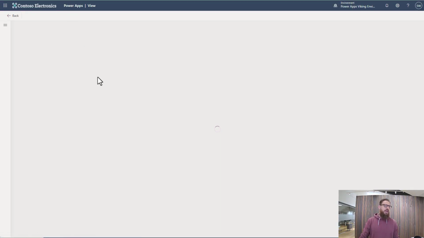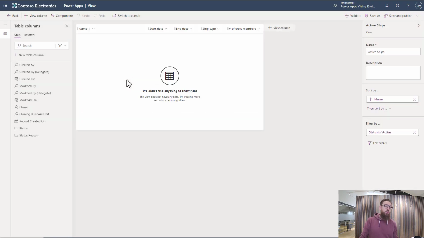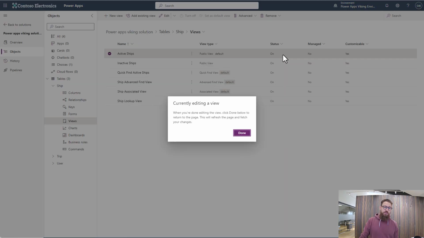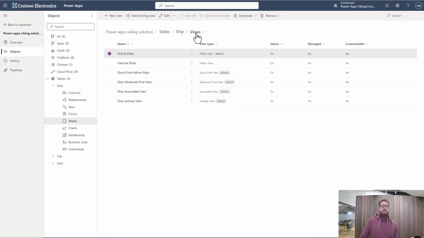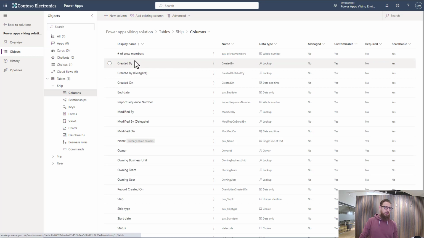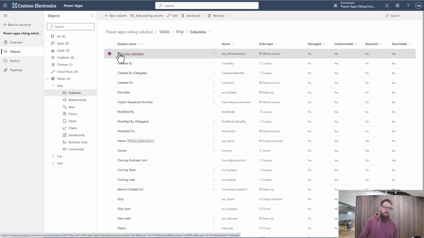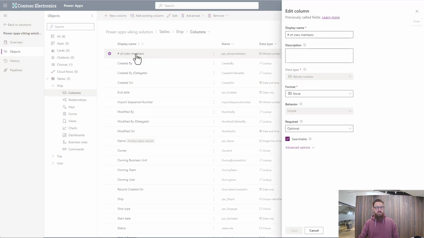Under ships, we have the active ships view. And I can see I have a name, start and end date, ship type, and number of crew members. If I change any of the names of these columns, it's going to be reflected directly in this view. So instead of the hashtag or pound sign for the number of crew members, if I change this to "number of crew members" and click save,